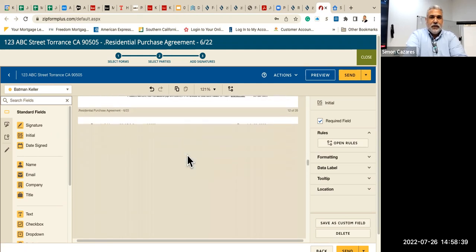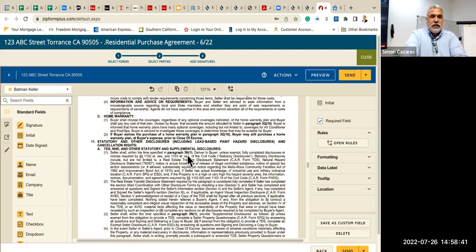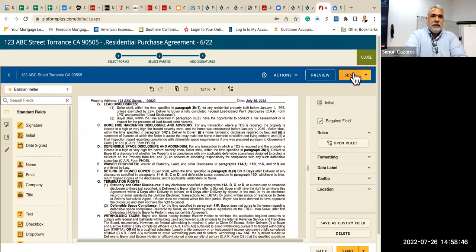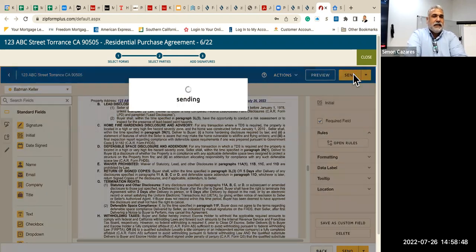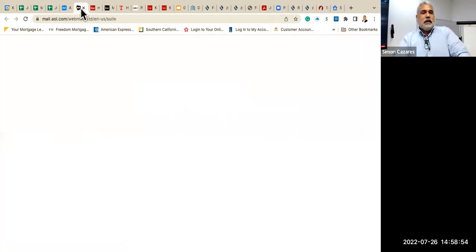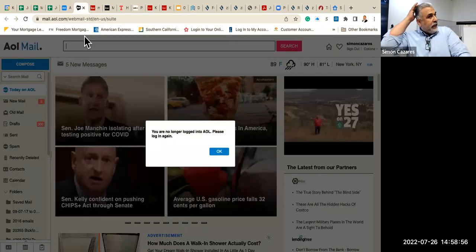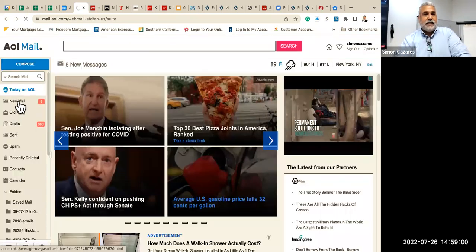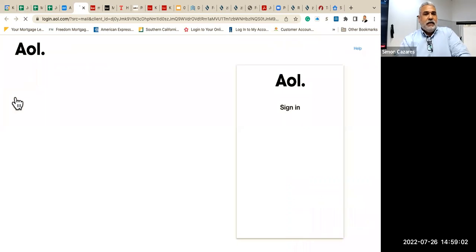Okay. Now you can go ahead and send it over to your client. You see this button up here? Press send. Okay. Now what's going to happen is I will get an email, the buyer, right? I'm assuming I'm pretending to be Batman for this case, right? So now,